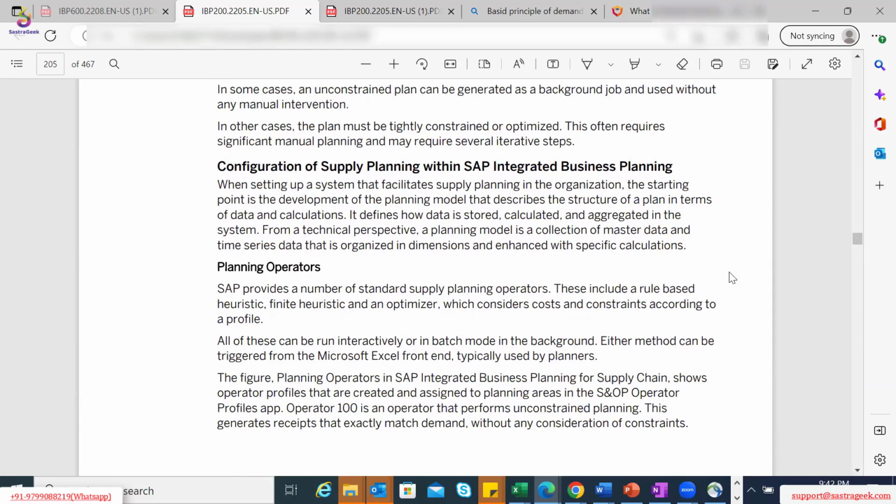So when you go into the IBP web UIs, SAP has already provided standard planning operators. Okay? A planning operator is nothing but an operator which represents a specific algorithm. An operator can be related to heuristics, to optimizer, or anything else. In recent versions, SAP also created an operator for shelf life planning, right? But yes,